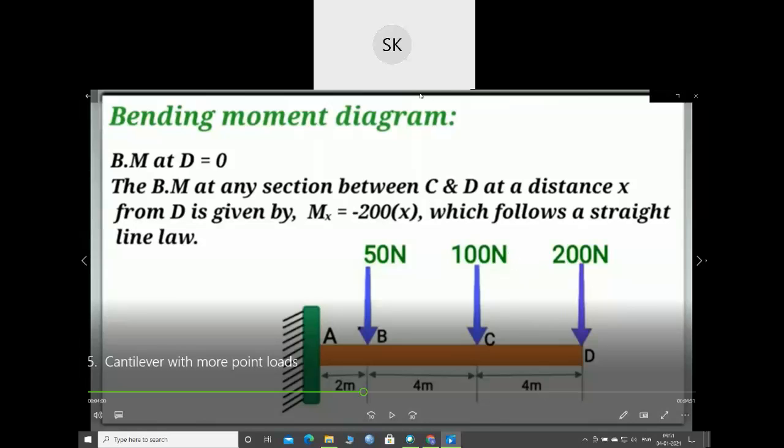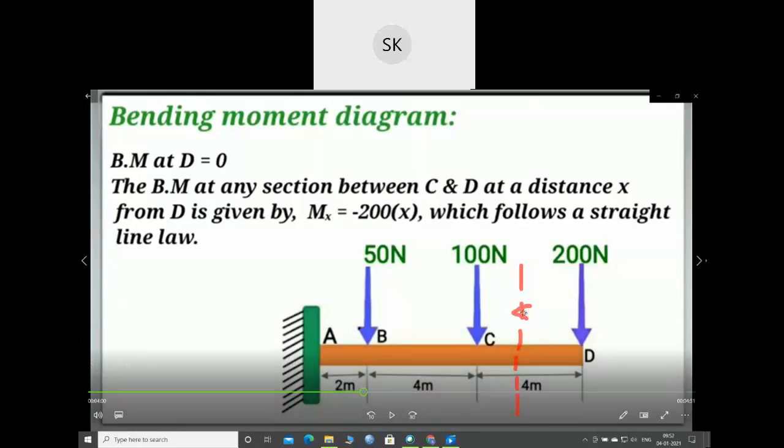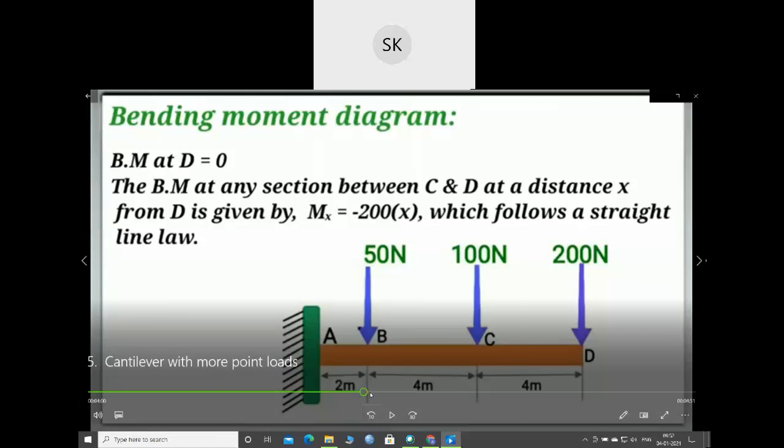If I take a section x, you have to consider the section at a distance x. So here your bending moment will be force into this distance, so 200 into x, and with the sign convention, clockwise they have considered negative, so minus 200 into x. Then if I move forward,